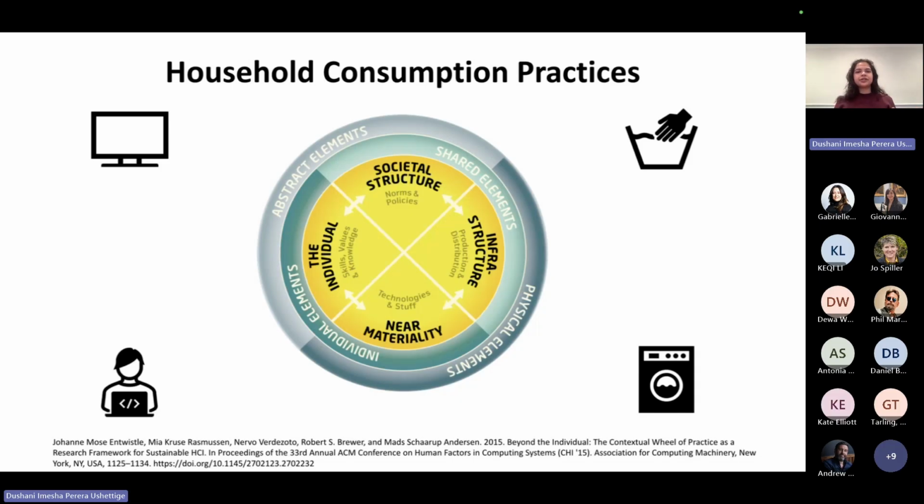We do all of these things like watching TV, using the computer, washing dishes and clothes, etc. But we don't really know how much of the practices that we do at home contribute to carbon emissions that eventually contribute to climate change. In general, most people don't have an idea how much they can contribute through their actions.